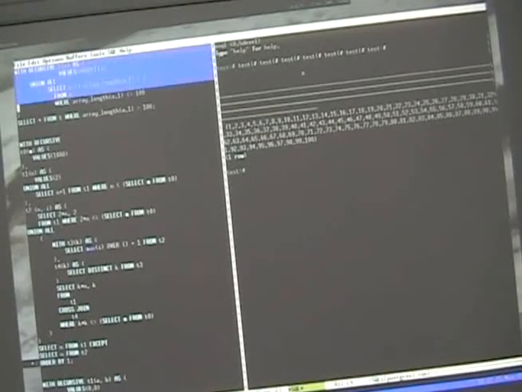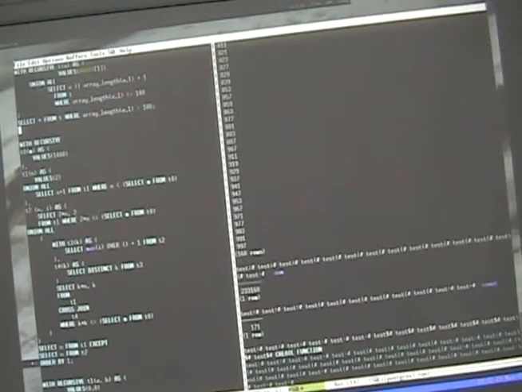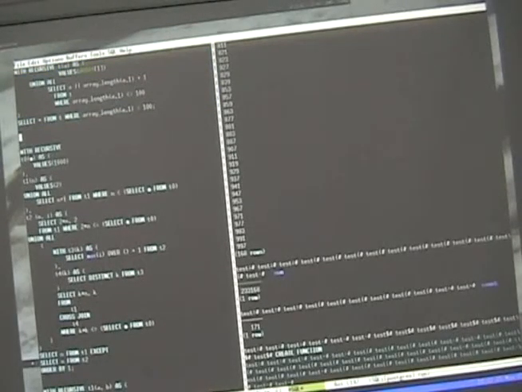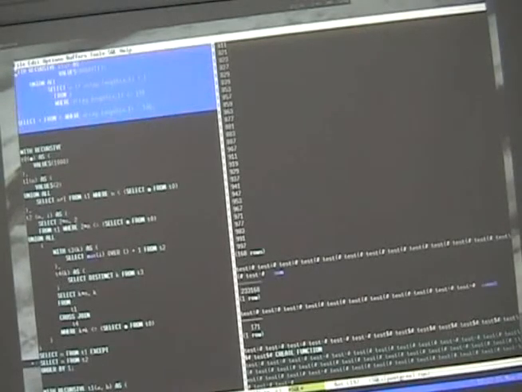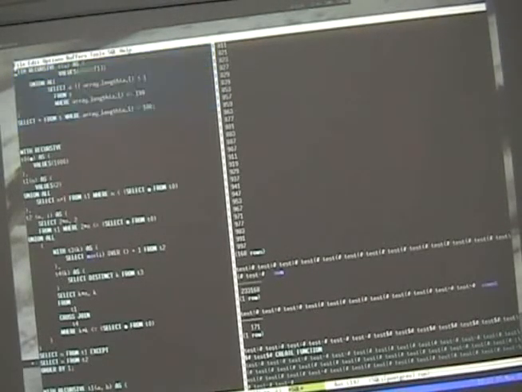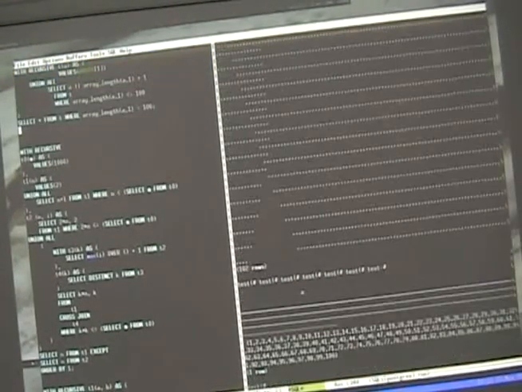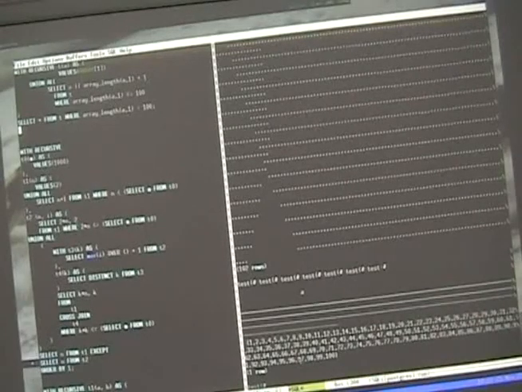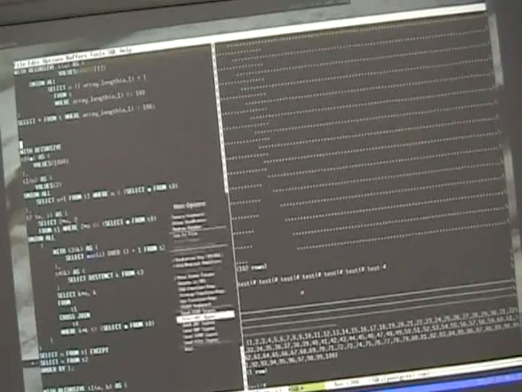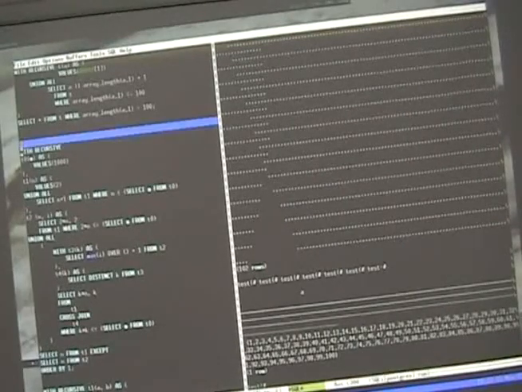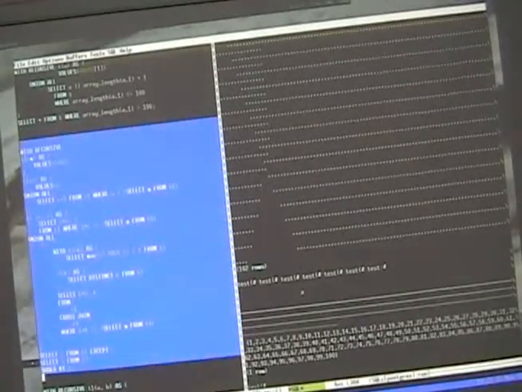But hold on a second, I ran the wrong one. Here. There we go. So if you see on the bottom here, I've generated the number sequence from 1 to whatever, 100. So you can also do other things like here we have a prime number sieve, the sieve of Eratosthenes,